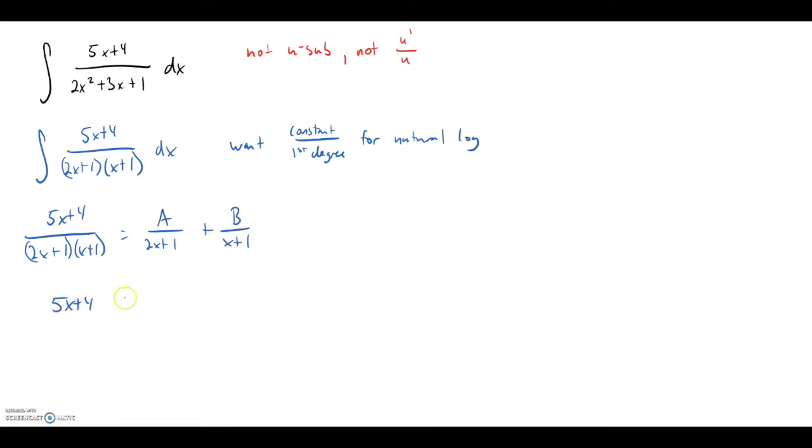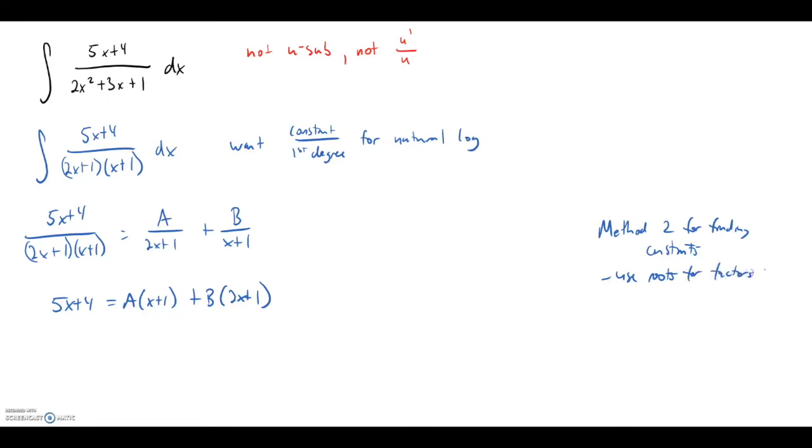Thinking of what would happen if we recombine these fractions, that 5x plus 4 in the numerator must have come from the constant a times x plus 1 plus the constant b times 2x plus 1. Now I did mention earlier that I was going to show two methods for solving for these constants. The first one was solving by a system of equations, so if you're comfortable with that, you can just keep using that method. But method 2 for finding the constants,